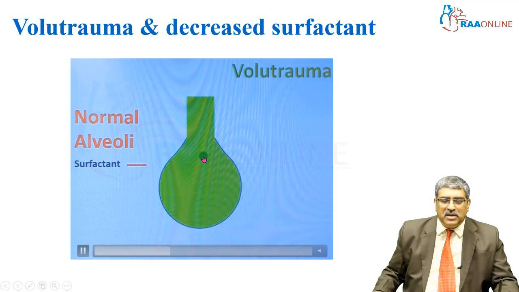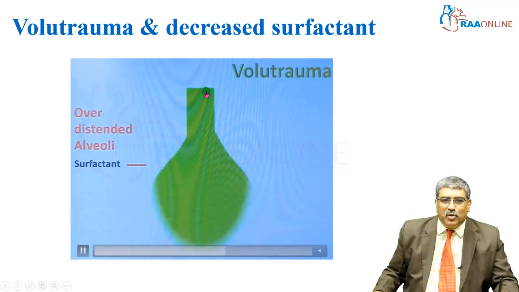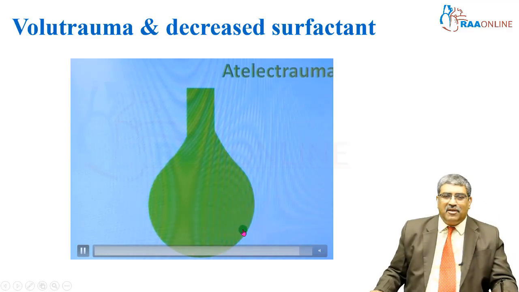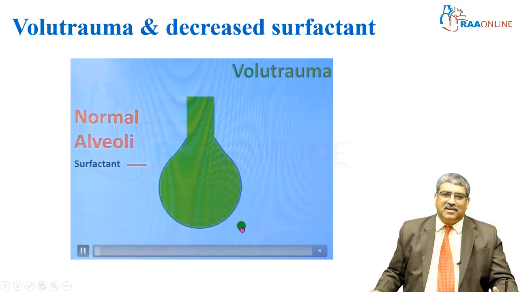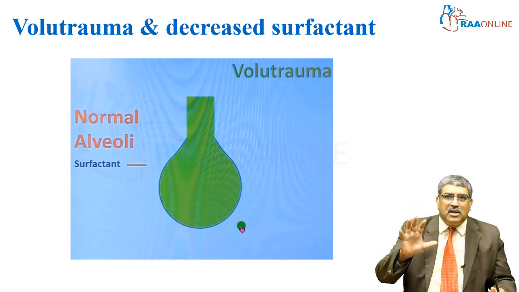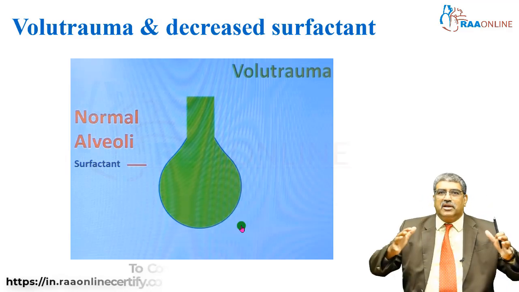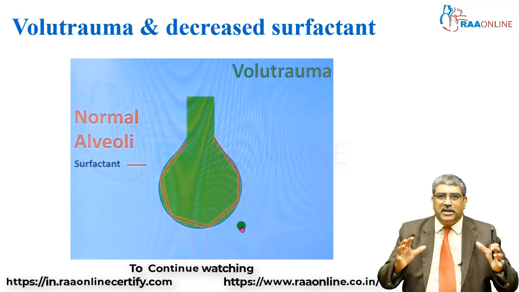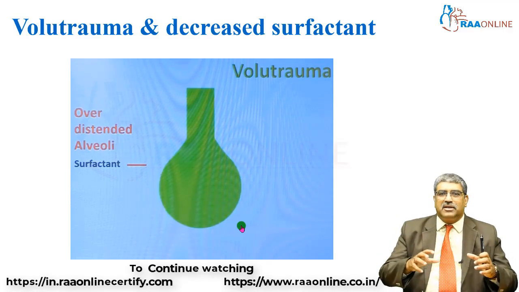Here you can see the air going in. You give a large tidal volume. This is the normal surfactant which maintains the architecture of the alveoli. But when you give more tidal volume, the surfactant will be damaged. Here you can see the surfactant is broken, which cannot maintain the integrity of the alveoli, and the alveoli get into atelectasis. That is very important. When you give a large tidal volume, the surfactant framework is altered and it may not be able to function normally and hold the tension, and it cannot reduce the tension. Thereby,